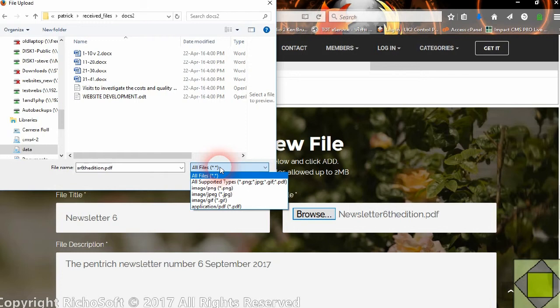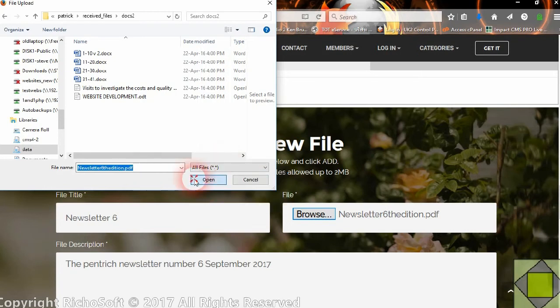If we'd said we wanted to accept documents and Word documents and Excel sheets as well, then they would have appeared in that list. So there is already a filter on the browser. That doesn't work in all browsers. It works in Firefox and all the other good browsers, but you may find that not work in IE or Microsoft Edge. So we'll select all files,